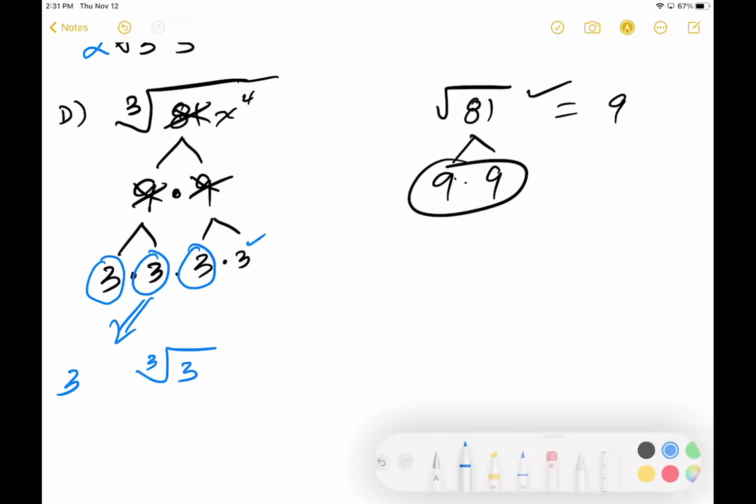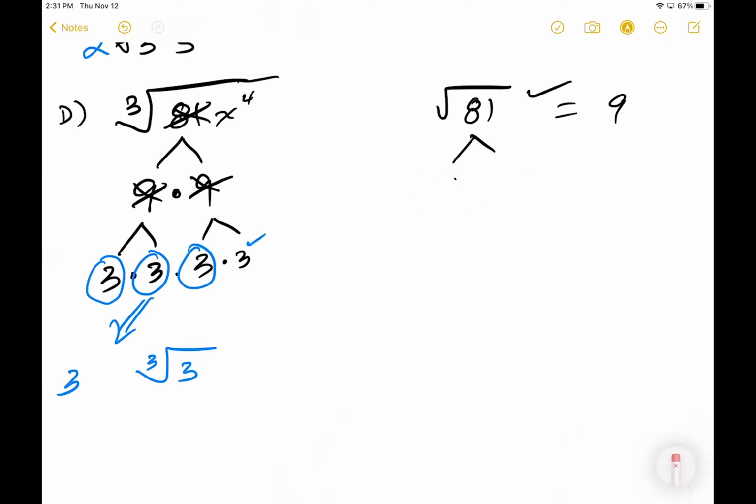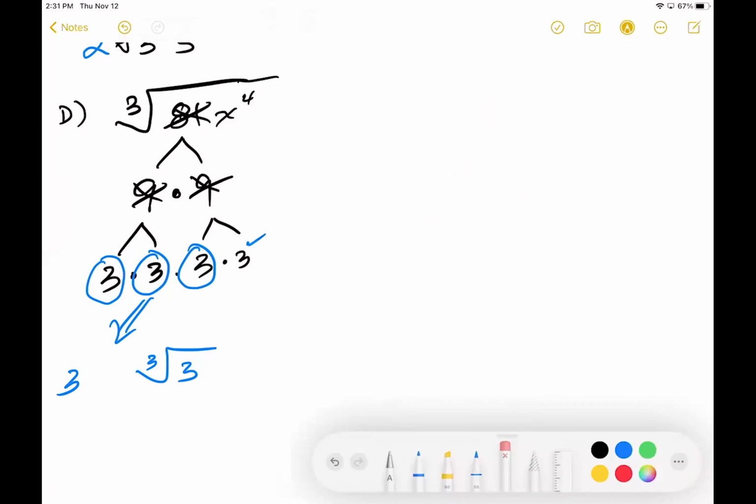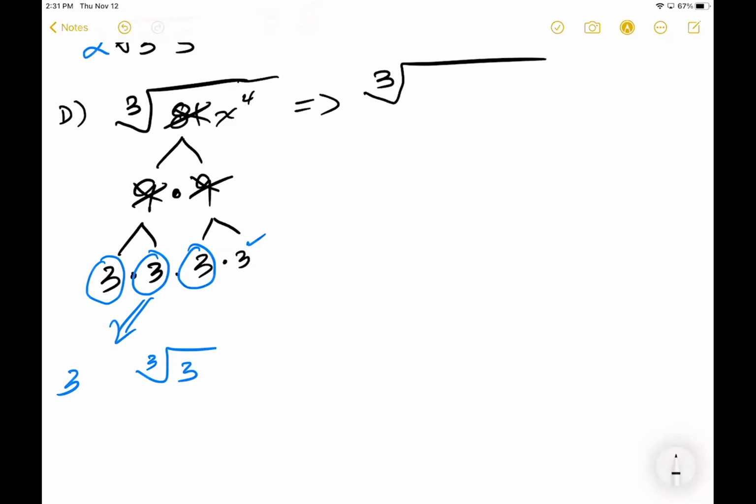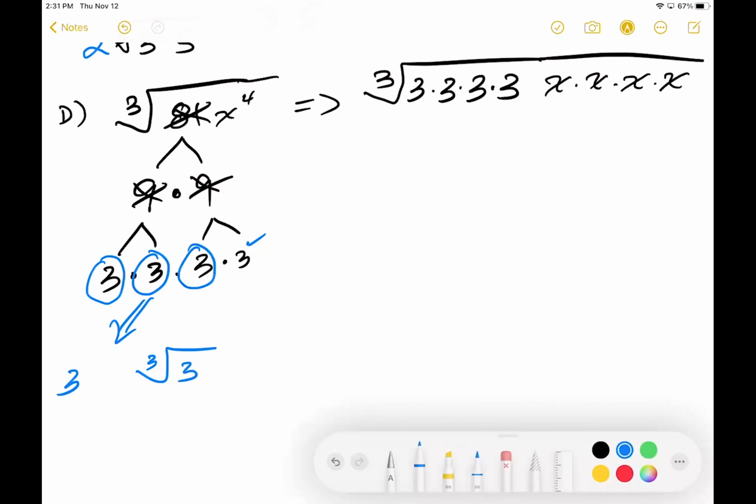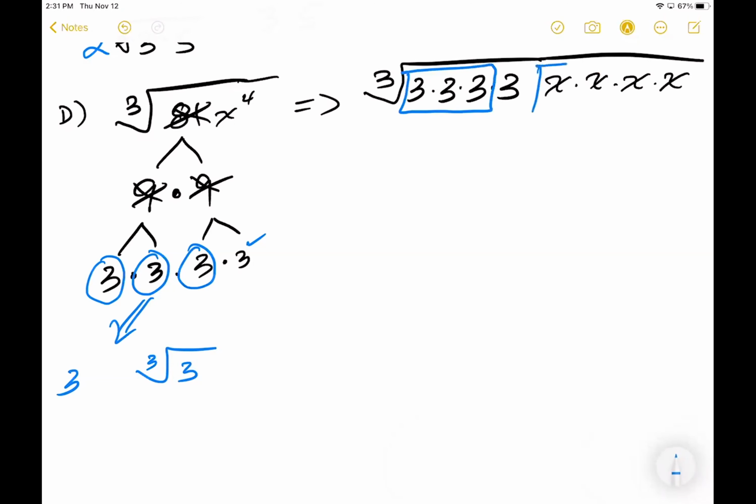But let's take a look at this here. Let me rewrite this problem. We know that 81 is the same as this, right? For the cube root of 81, instead of saying 81, we say 3 times 3 times 3 times 3. And instead of x to the 4, do you agree that x to the 4 is the same as x times x times x times x? And the reason why I write it this way is, again, because it's a cube root,